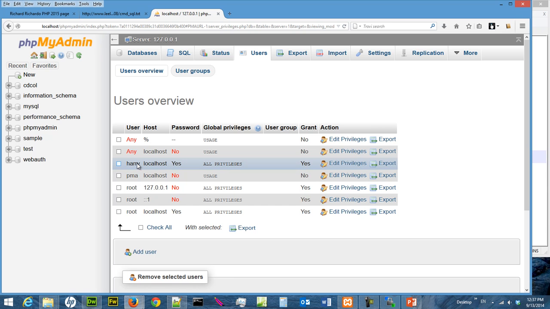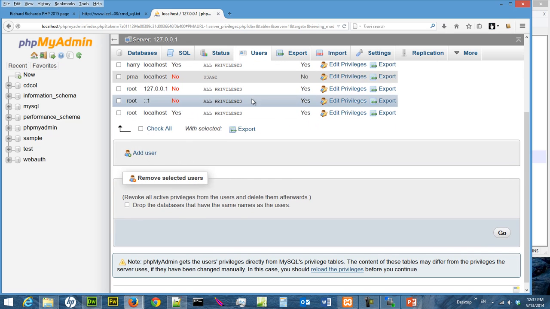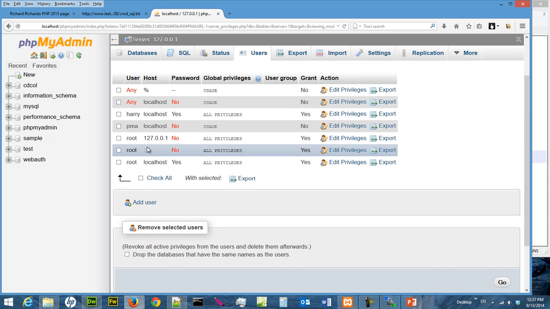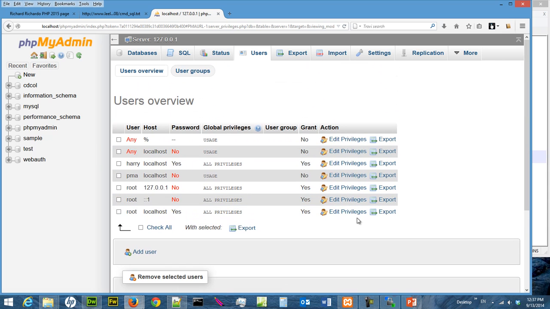So you can even create users using the normal web interface that most people are comfortable with, like add user. That is not the purpose of this video. The purpose of this video is just to show you how to go in, change the super user password, and then how to go into PhpMyAdmin as another user. Okay, let me log out,